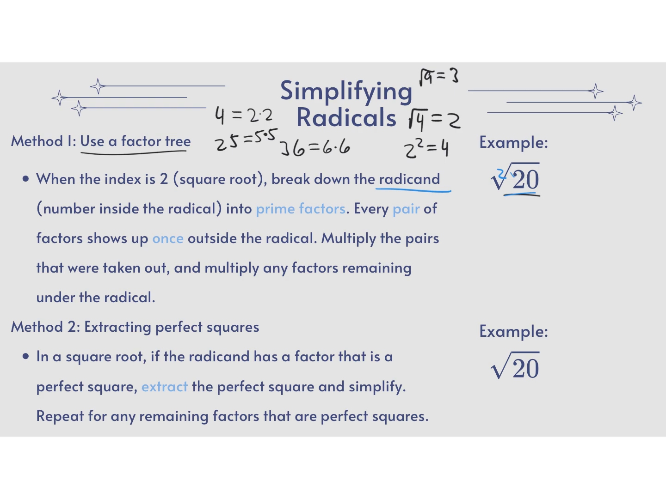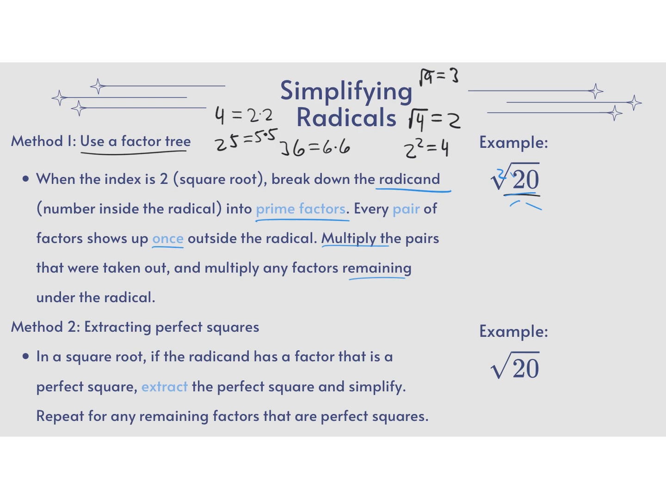Now, to use the factor tree, you want to break it up into prime factors. If you remember a prime number, it only has factors of 1 and itself. And any pair of factors that you get from doing this process is going to show up once outside of the radical. If you have multiple pairs, you would multiply them. And then if you have multiple factors that are remaining, you would multiply those underneath the radical. So I know a lot of talking, but for example, if I had the square root of 20,